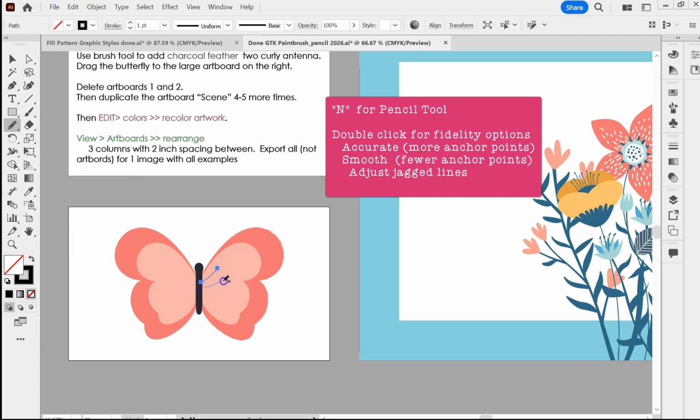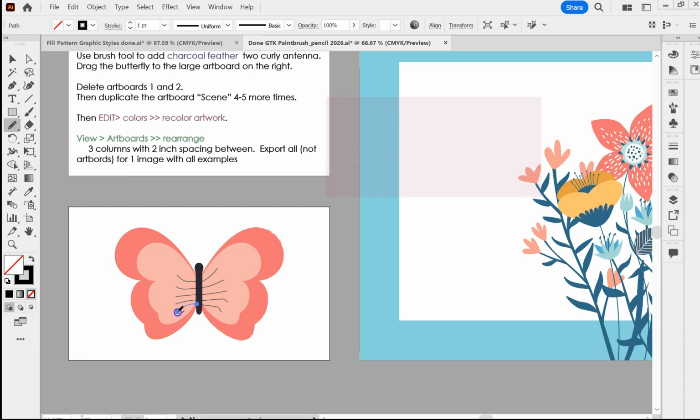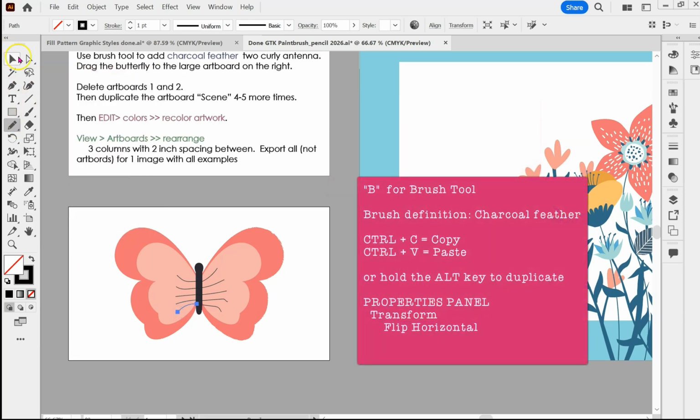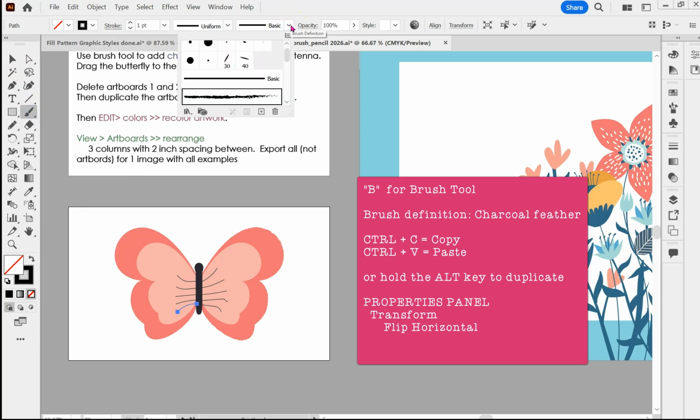So I'm going to make 5 different lines. If you notice, make sure they're not perfectly straight because this is for an insect, so an insect will not have perfect little lines here. There we go. Next we want to use the brush tool and we want to change the type over here